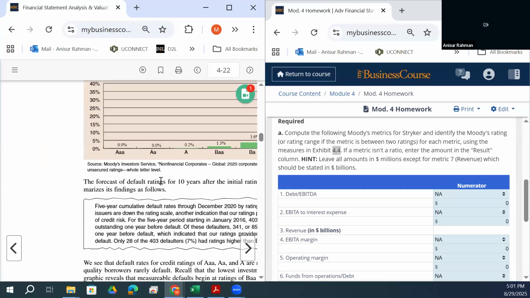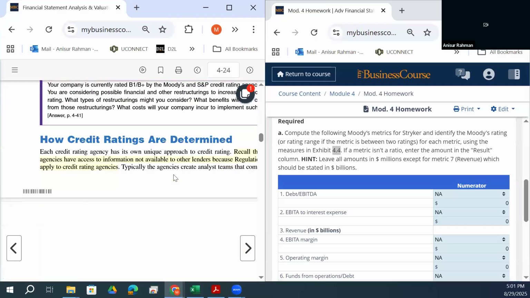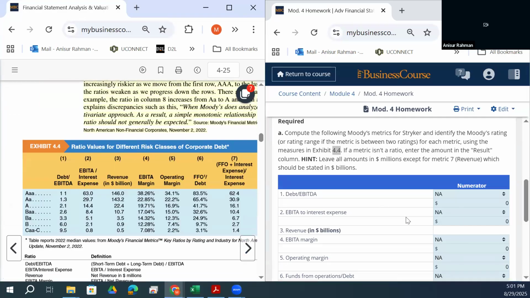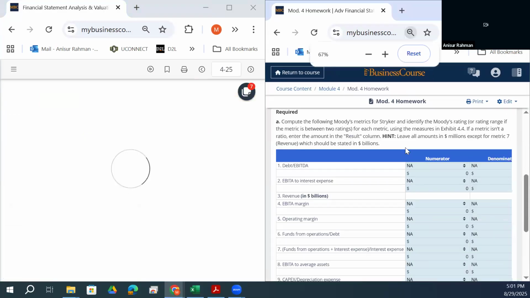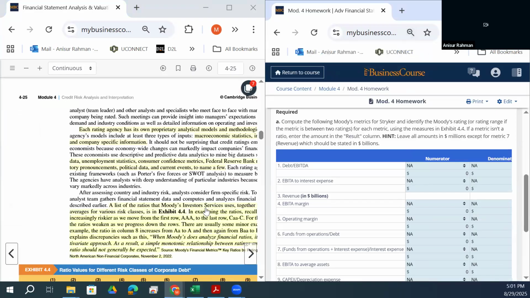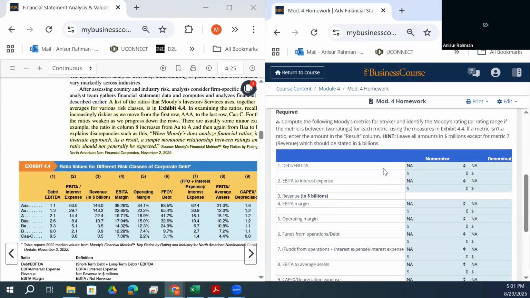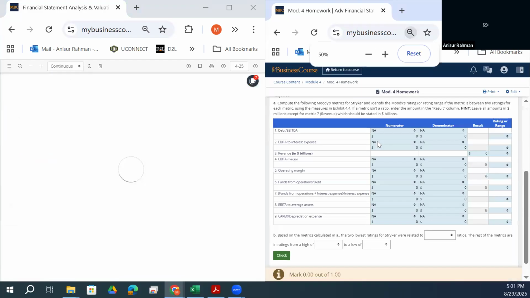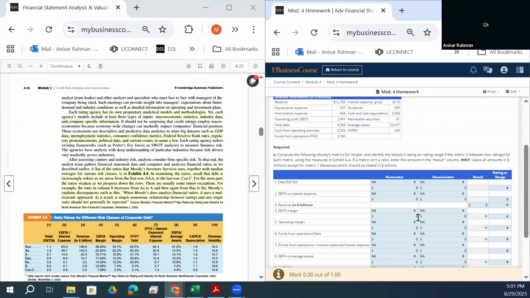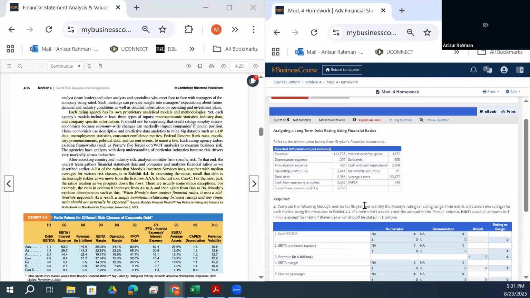Okay, maybe we can see this table. Okay. So first,